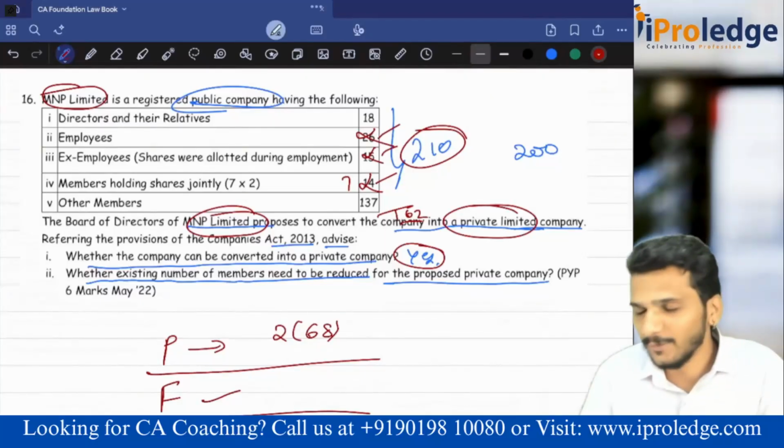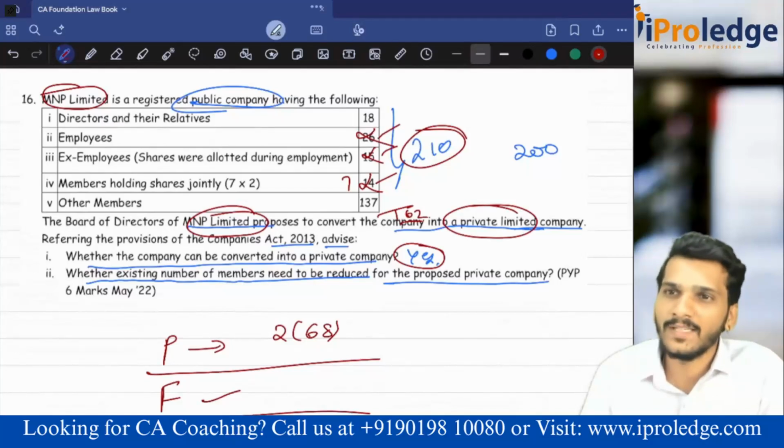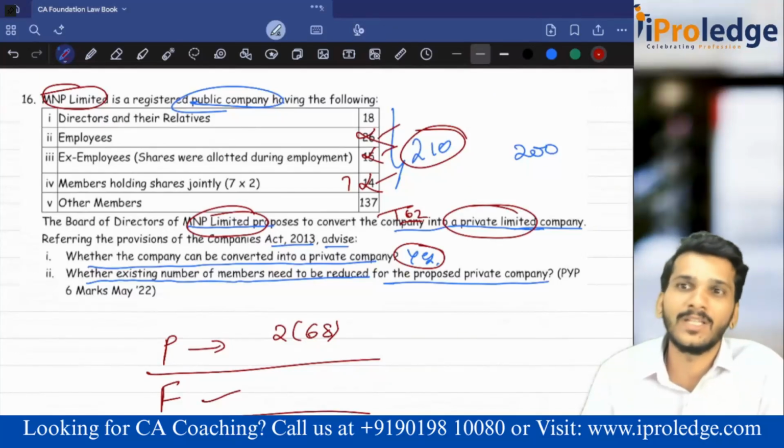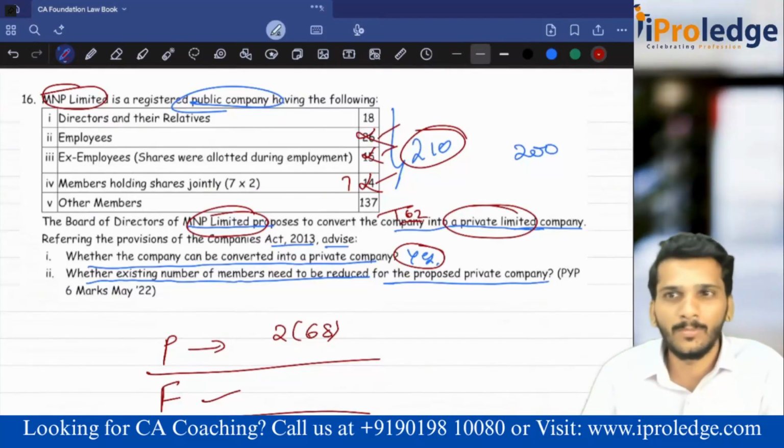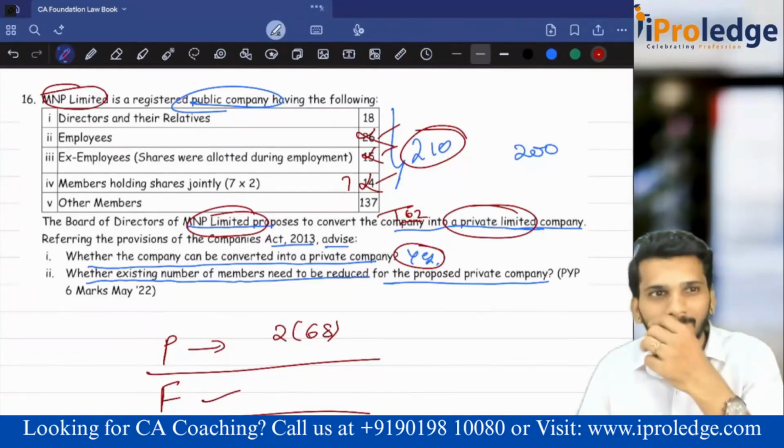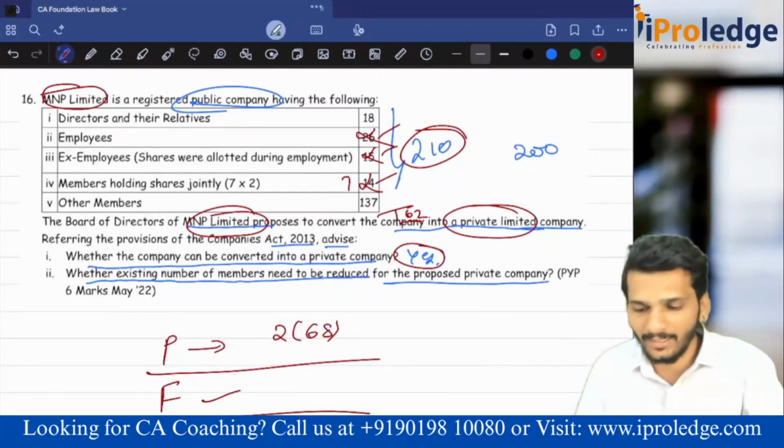Sir, time. See, there is one more provision also. If you want to exceed the number of directors more than 15, you have to pass a special resolution. Then you can extend it to any limit. They have given and here they have given.